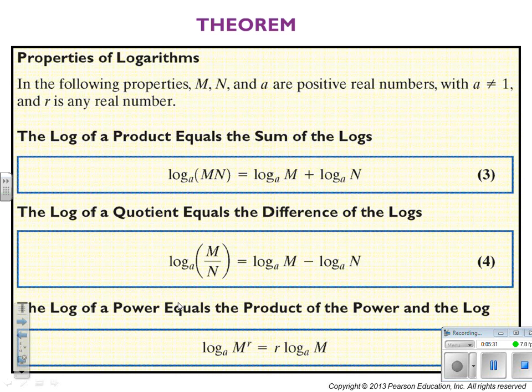All right, now these are the fun ones. So if I have two items inside a logarithm being multiplied, log base a of m times n, it is the same as taking the log base a of m plus the log base a of n. It's the same as taking each individual one and adding them together. The way I remember this is